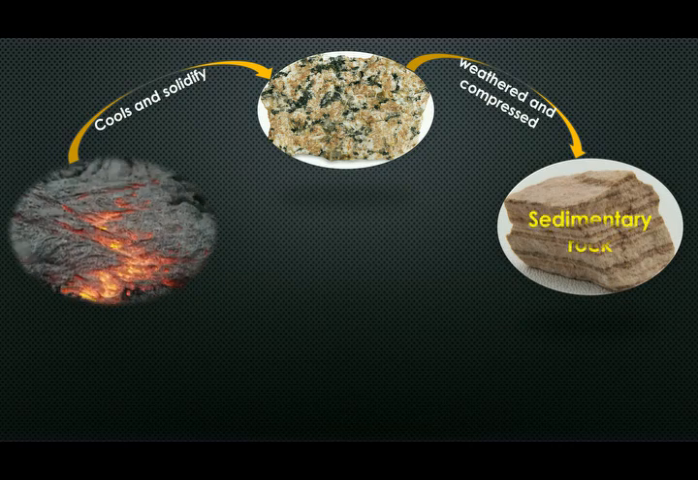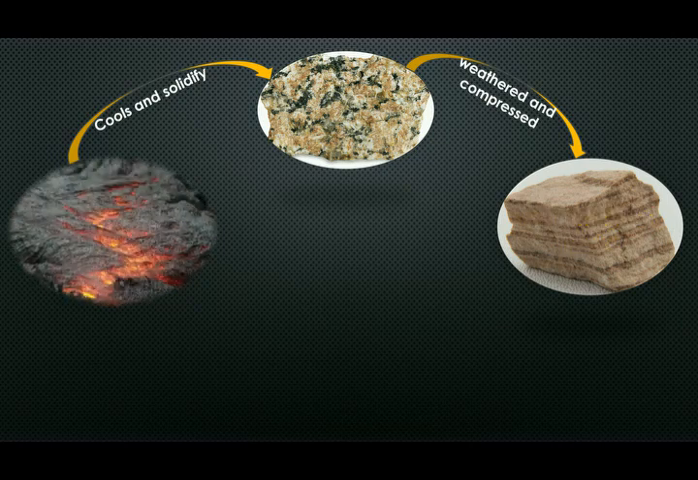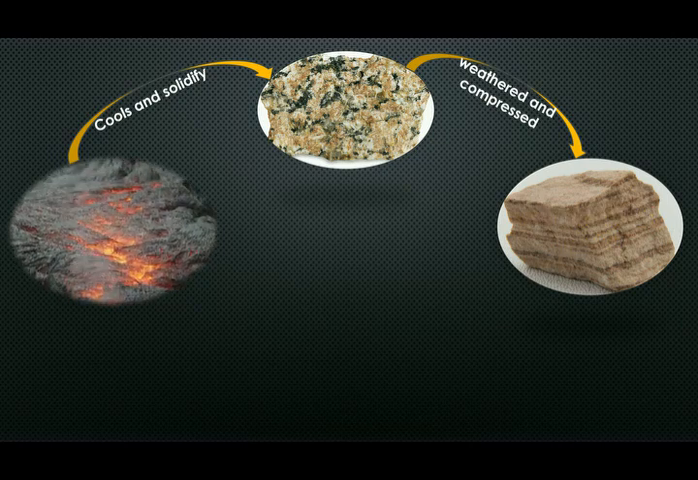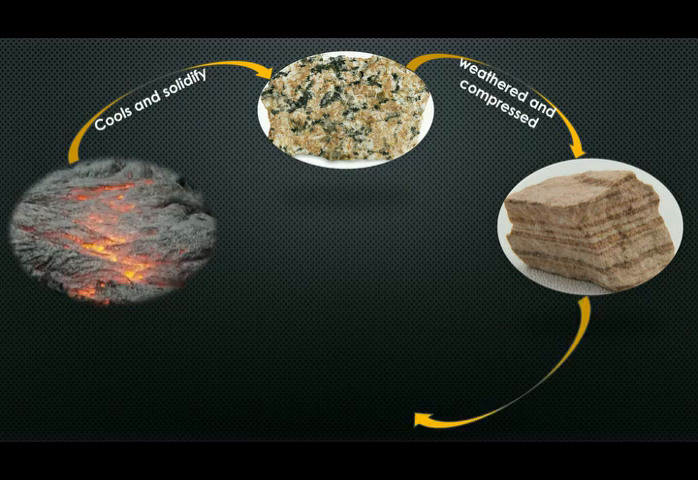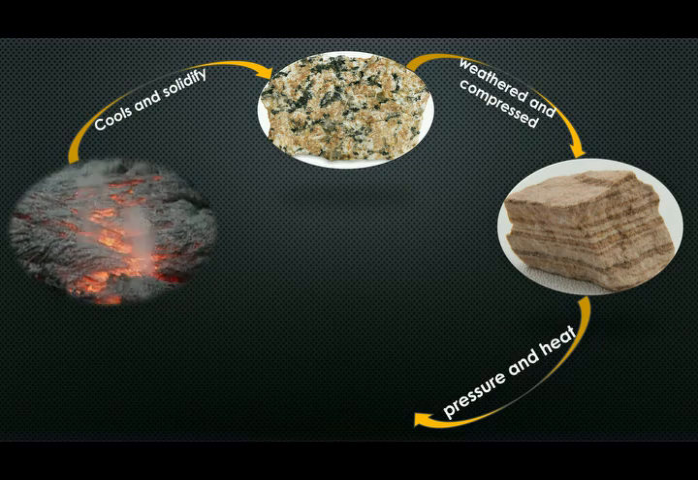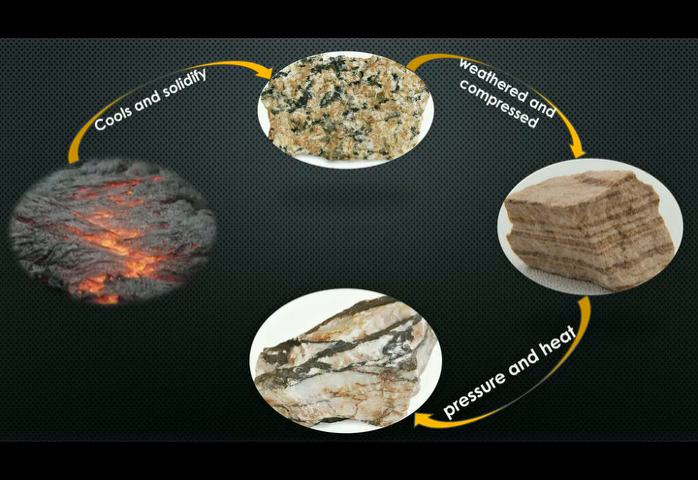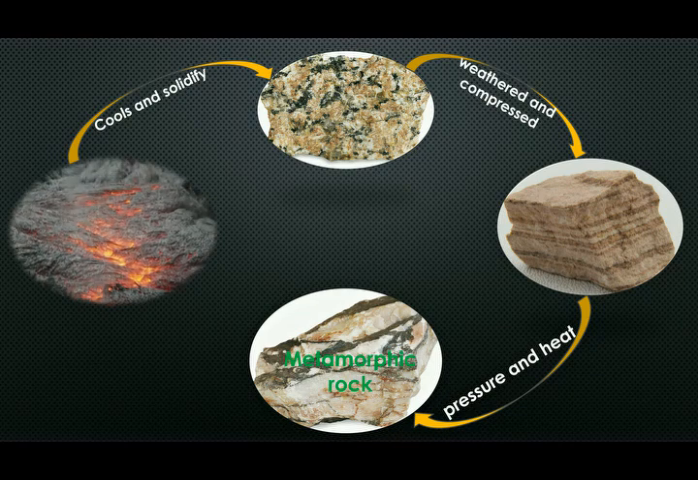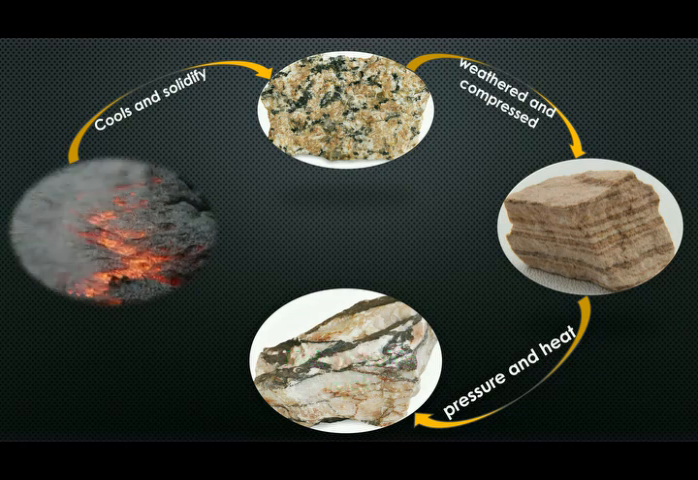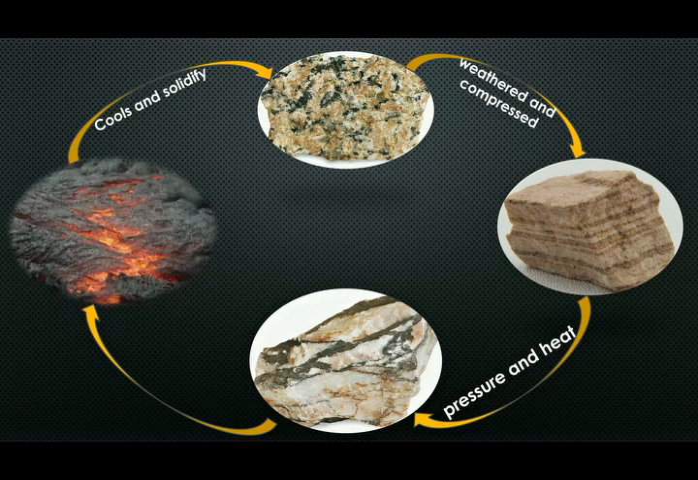Over a period of time, sedimentary rocks may become exposed to great pressure and heat below the surface to create a different type of rock known as metamorphic rock, which the word actually means to change. So the structure of the rock changes. Now, when metamorphic rock is exposed to extreme heat below the surface, it becomes molten, and the process of the rock cycle